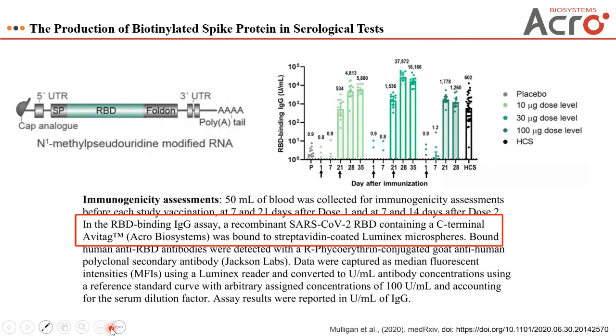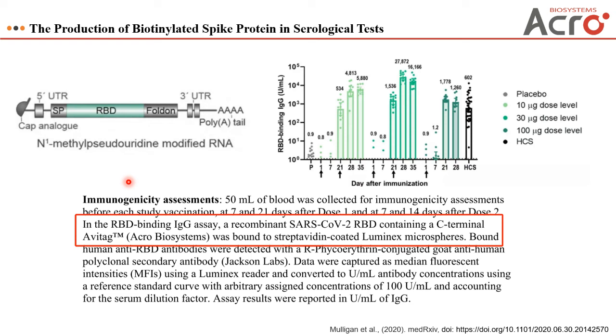ACRO's biotinylated SARS-CoV-2 antigen products are also used to detect vaccine-induced antibody titers. In a paper published by Pfizer and BioNTech, they reported the results of the phase 1 study of their mRNA vaccine with the name of BNT162b1. In this study, the researchers used ACROBiosystems biotinylated SARS-CoV-2 RBD protein to detect the RBD binding IgG concentrations from 10 or 30